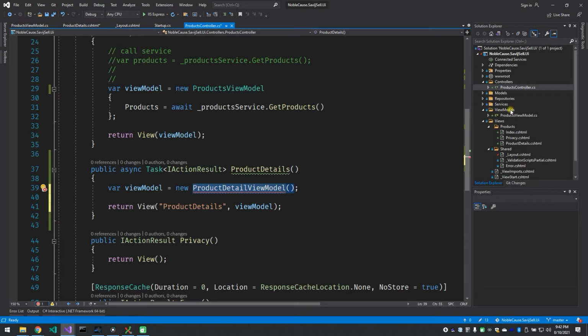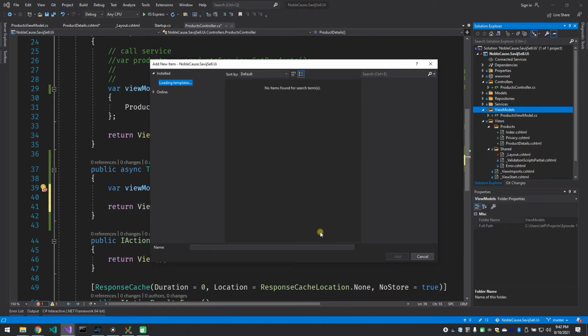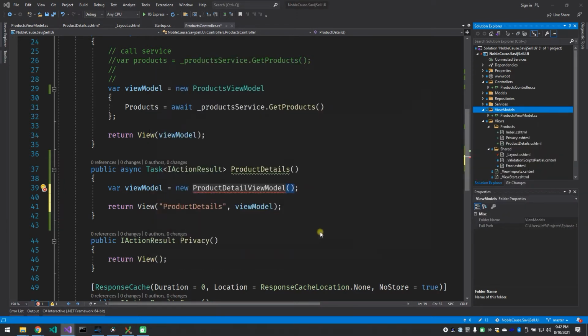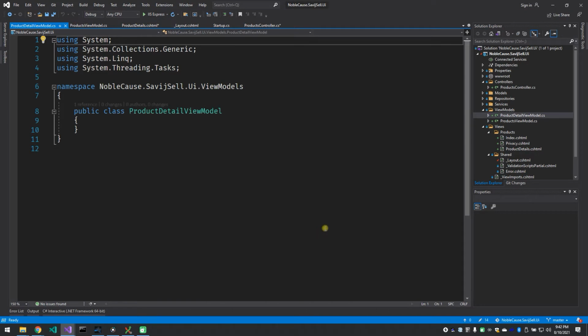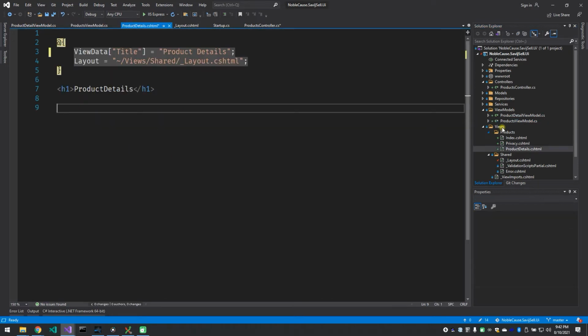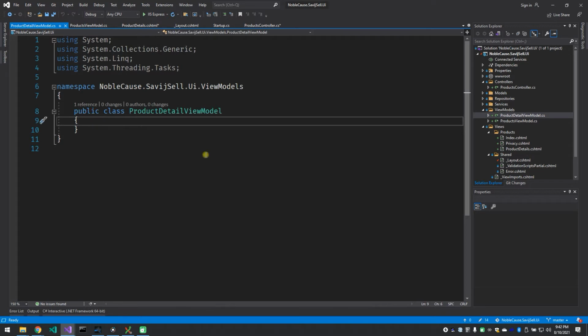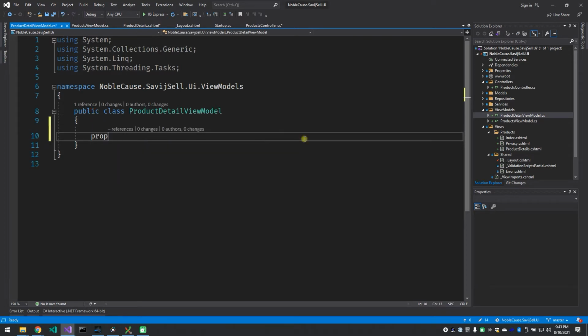I'm going to copy that name, right-click ViewModels, Add Class, paste, and there is my view model. If you want to see the other view model, all it is is a simple class that has what we need in it. Well, what we need is a product. So if I go into ProductDetailViewModel, I can just make it of type